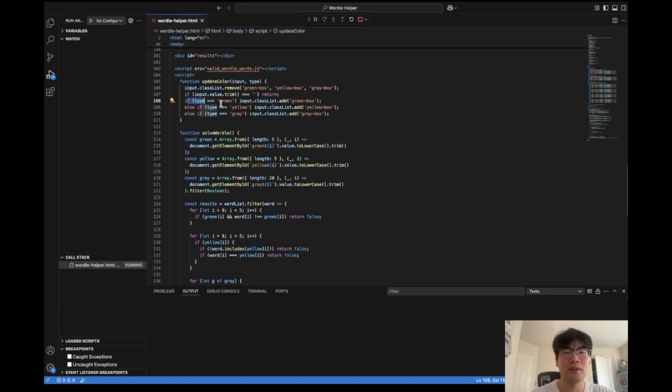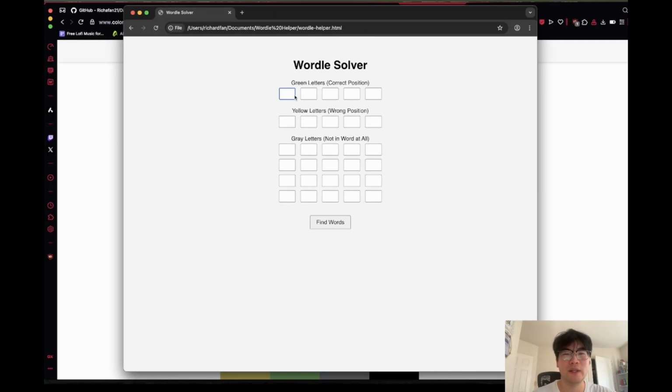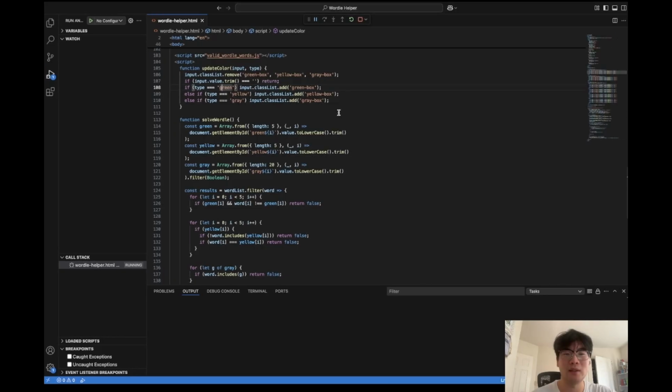So here, this is actually what happens when you type inside, and it will change color. If type equals green, so if we enter inside the green box, we apply the green box style, and then yellow, yellow, and then gray, gray. And these classes are all defined earlier. So for example, if I type the letter A into here, which is green box 0, the browser will update the color